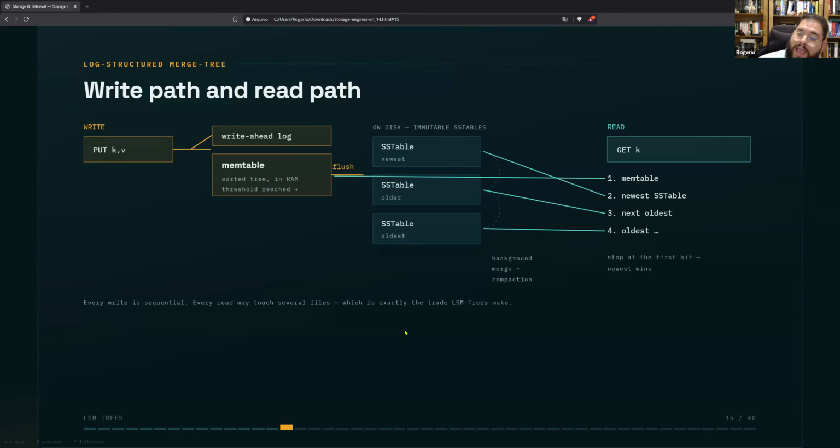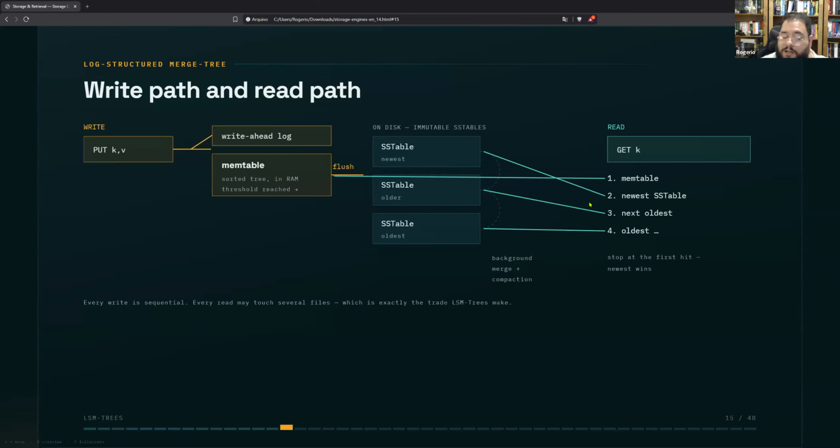And as you can see, they are pretty fast on writing. But actually, it can take a little longer when you need to read, because suppose your value is, I don't know, in a very old SSTable. You will need to read the memtable, the newest SSTable, the next oldest, until you reach your value.